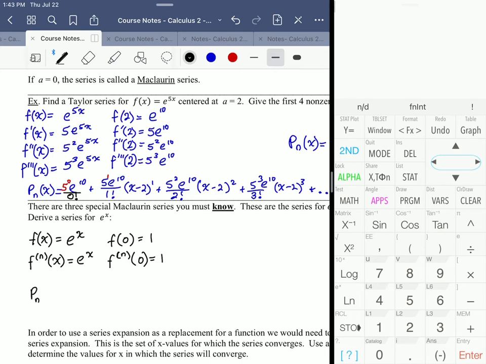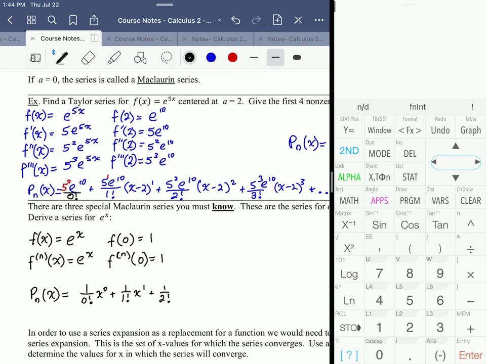So when it comes to developing our polynomial, I would start off with the derivative, 1 over 0 factorial, the 1 being the derivative value, x to the 0th. I'm putting all the bells and whistles in here because I want to be able to come up with a general term out of this, plus 1 over 1 factorial x to the first